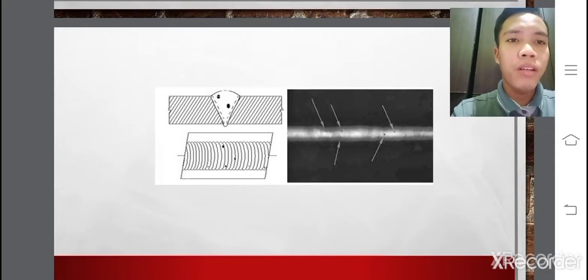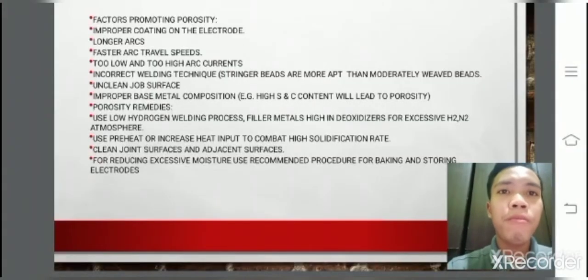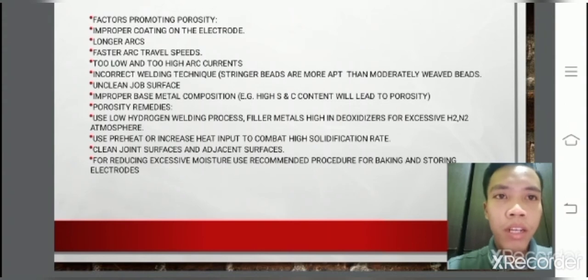As you can see in this picture, this is an example of porosity. You may ask what factors promote porosity. The factors of porosity are such as improper coating on the electrode, longer arc, faster arc travel speed, too low and too high arc current, incorrect welding technique,